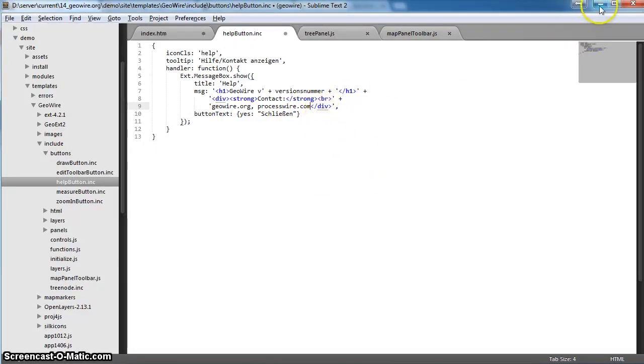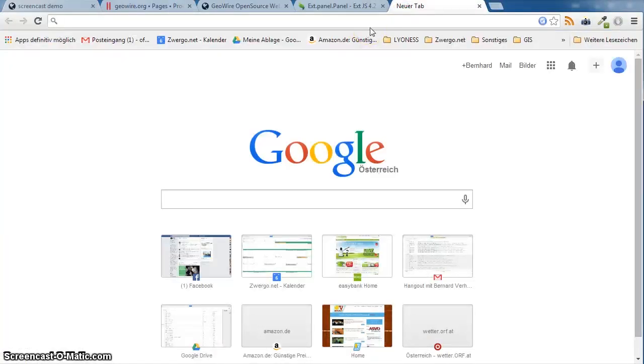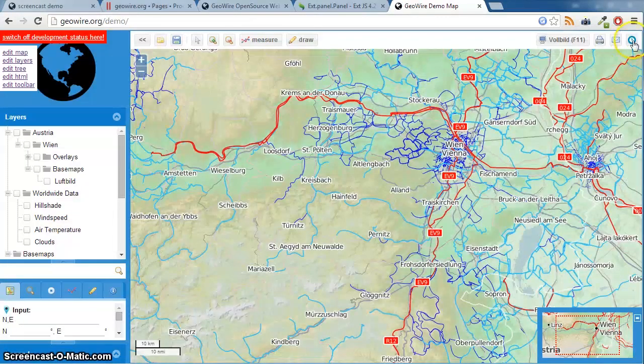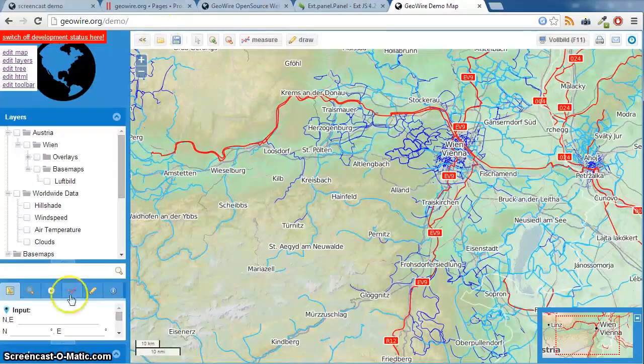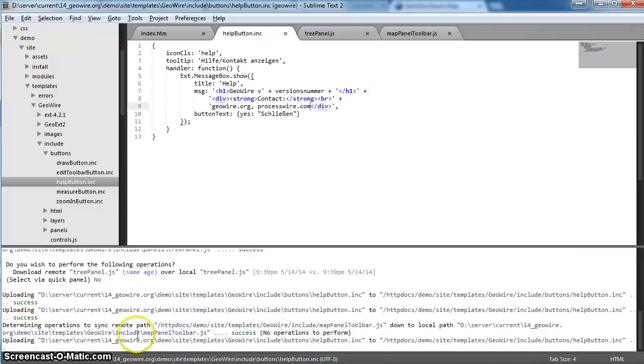Just to show you the difference. GeoWire demo. Here we also have the global help button, and here also is the test that we want to remove. So go to the code, remove the test, save it and upload it,